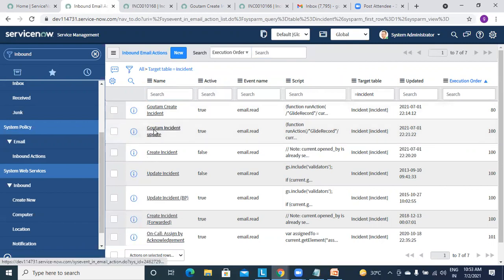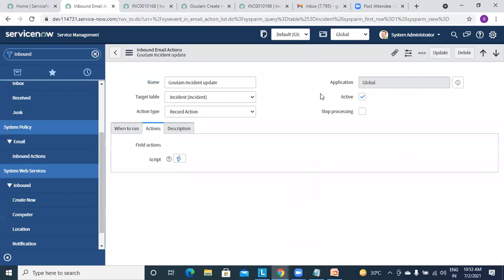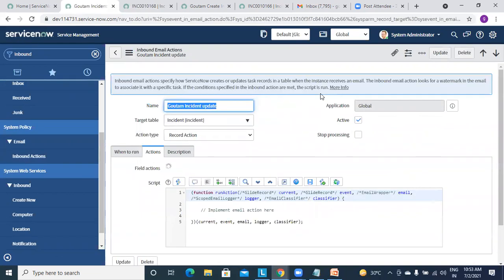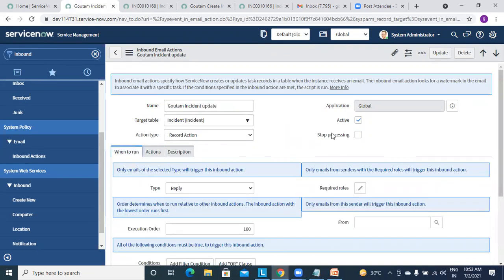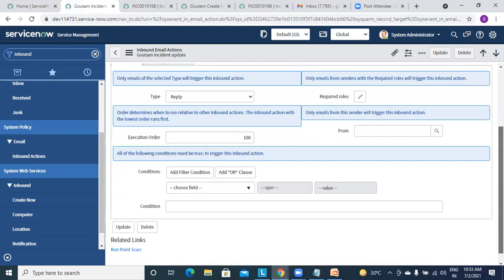So I'm opening this. In real time, this will not be that easy. We can't directly set type equal to reply and expect it to work.